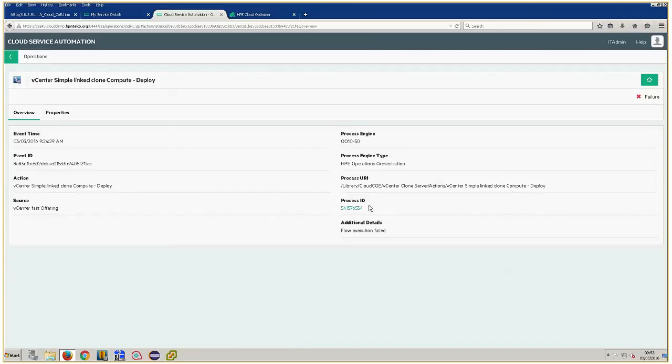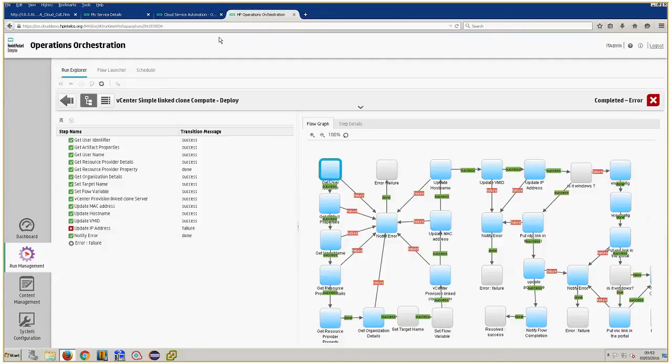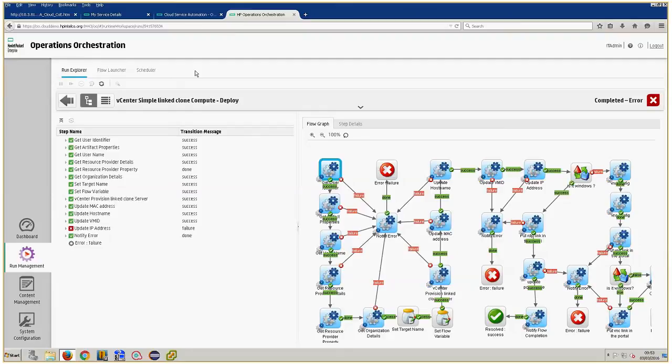It went wrong in the deployment, and here I can further drill down into the single step that caused the failure,